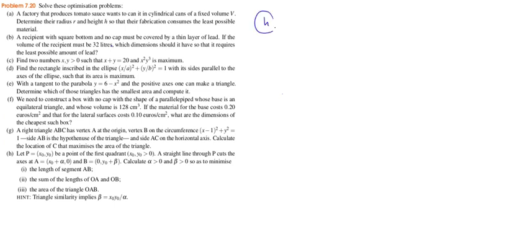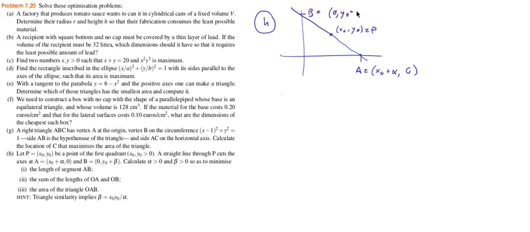H. Let P be a point in the first quadrant, point (x0, y0). This is P. A straight line through P cuts the axes. So this is a line that has to go like this, at this point A, which is (x0 plus alpha, 0), and B, which is (0, y0 plus beta). Calculate alpha and beta, positive numbers,